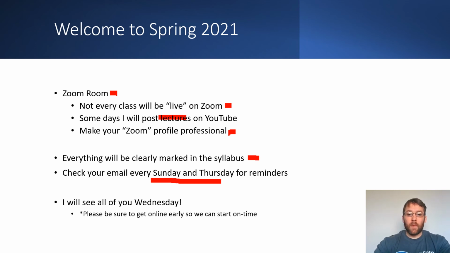All right. So again, finally, I'm going to see all of you Wednesday. I'll have the syllabus ready for you on Wednesday. All you need to do right now is show up to class on Wednesday. Please make sure you get online early so that your internet connection works and everything's working for you. That way we can start on time. I don't want to get 15 minutes into the class, have you pop in, and then all of a sudden you missed a lot of important information as far as how class is going to run this semester.